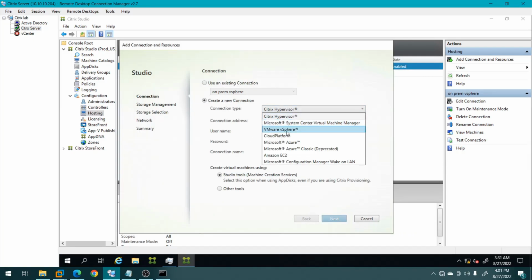We are using VMware vSphere, so that's what we need to select. If you have other services, you can choose them from here and configure them. The cloud services you can also see over here, Amazon and Microsoft Azure; you are able to configure them. So you are able to configure multiple hosting services in the Citrix platform. Right now we have VMware installed on our local machine, so we are going to select this one,